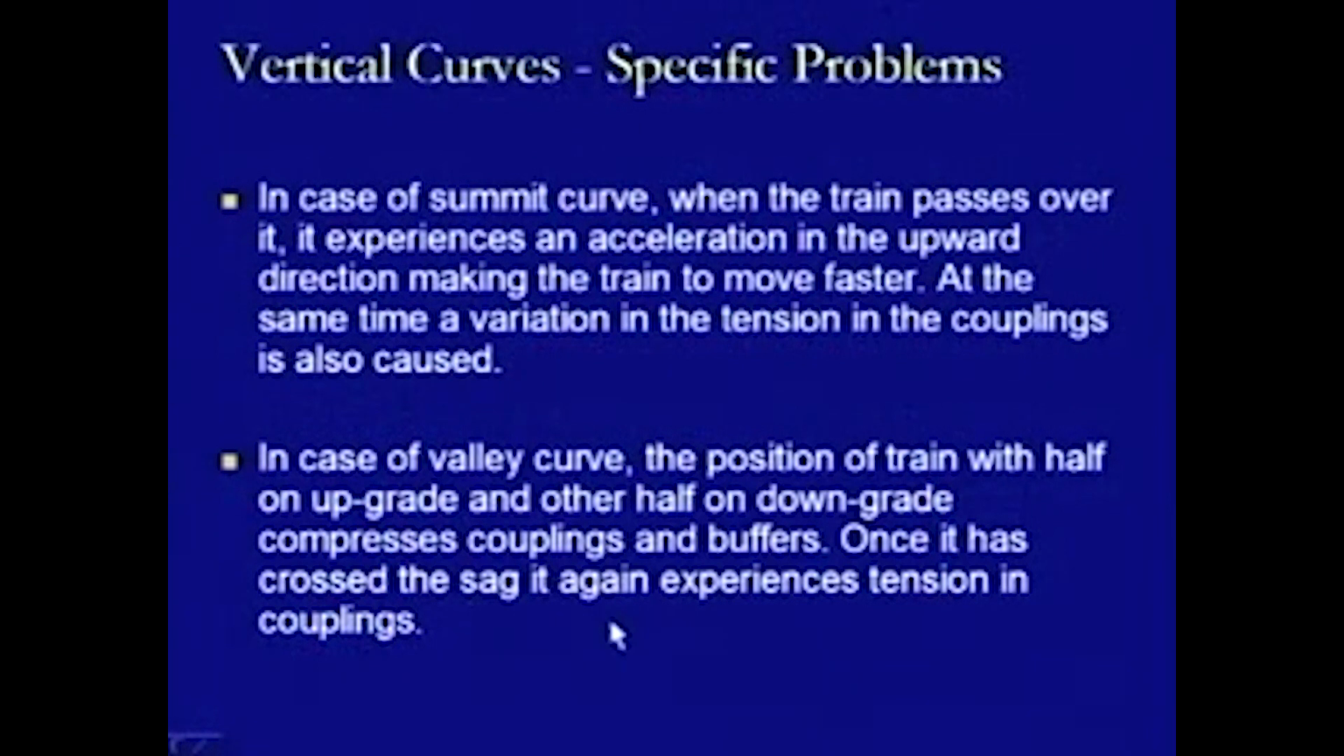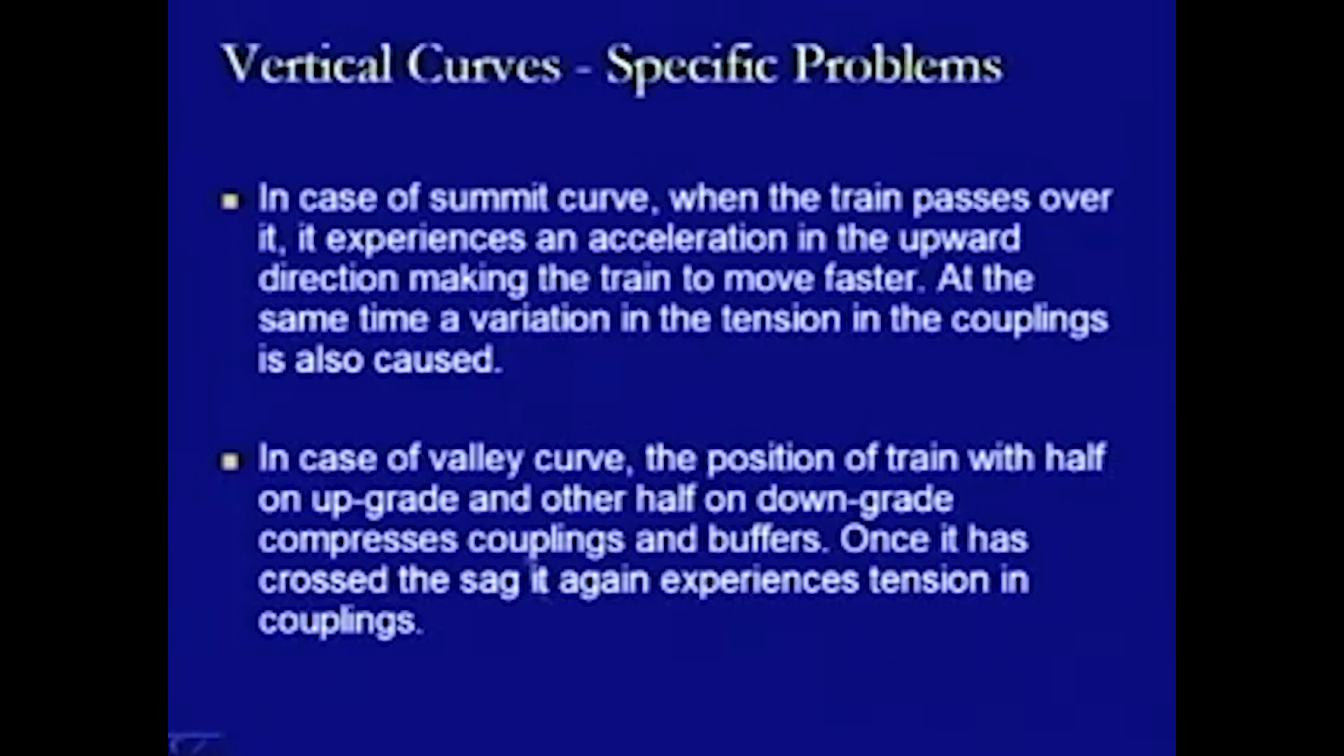Once it has crossed the sag, it again experiences tension in couplings. That is, if we are moving on this one, and instead of half on this and half on this, now we have crossed this sag and we are moving in the upward direction here, then everything is going in the downward direction because of gravity. So, there is now a tension being experienced by the couplings. So, this is another problem which is associated with